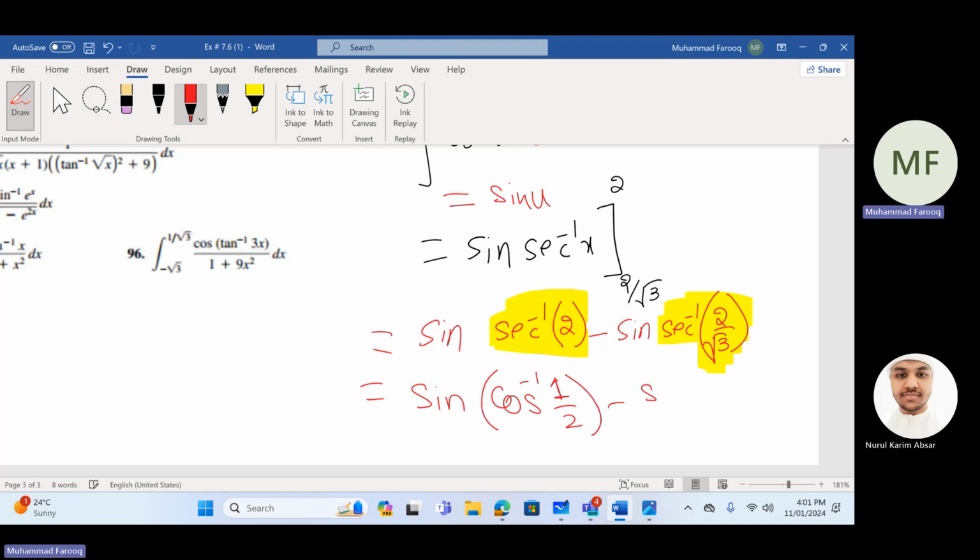Minus. Do the same thing here. Sine, secant inverse, right. Cosine inverse and flip it. Does this work for all of them? Yes, everything. For example, whenever you have secant inverse or cosecant inverse or tan inverse,